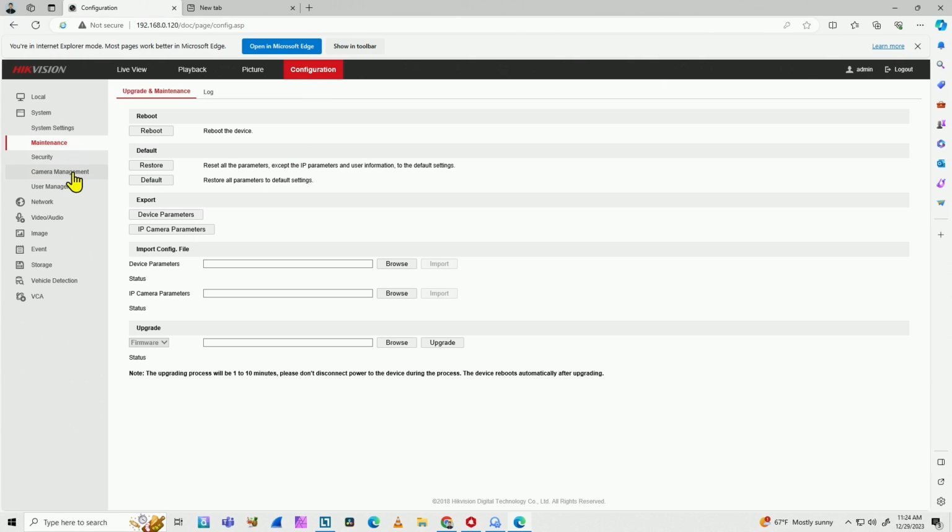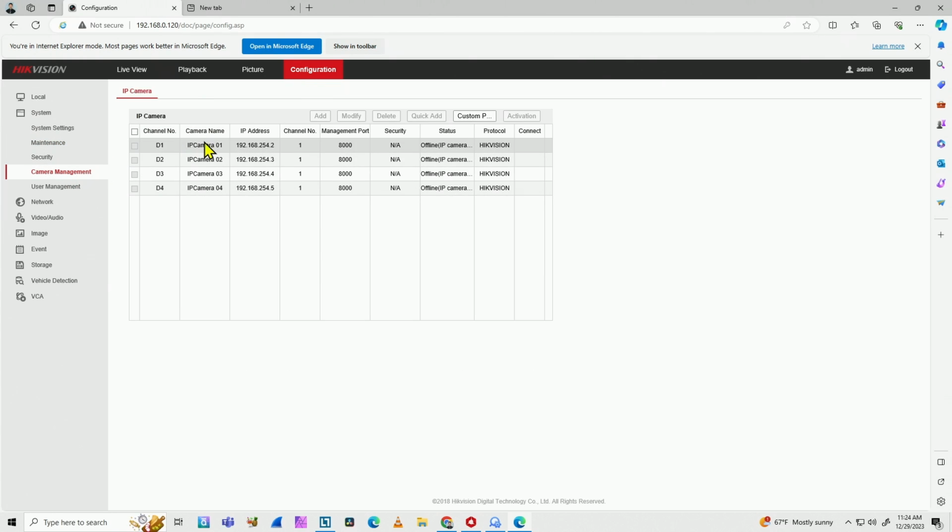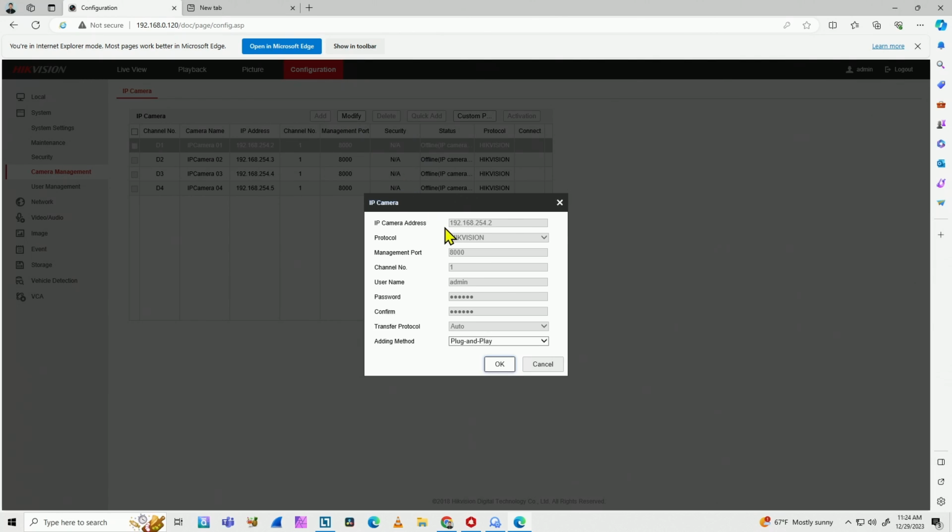So I come here to the camera management and here I have all of my cameras that I can add here to the device, right? So I'm going to select the first one here, click on modify. And here, instead of plug and play, I'm going to use manual, right? Because